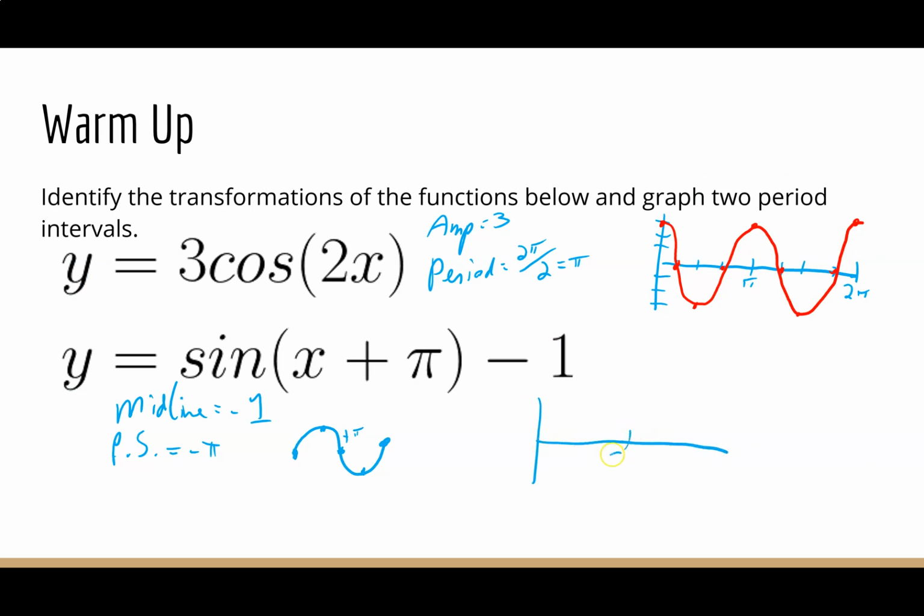Let's see, period is still 2 pi, was not changed, so 2 pi, 4 pi. Amplitude was not changed, so it's just 1 and 1. The midline was changed to -1, so I need to go down to -2. Oops, chose the wrong color blue there. So this is my midline, here's my top, here's my bottom,